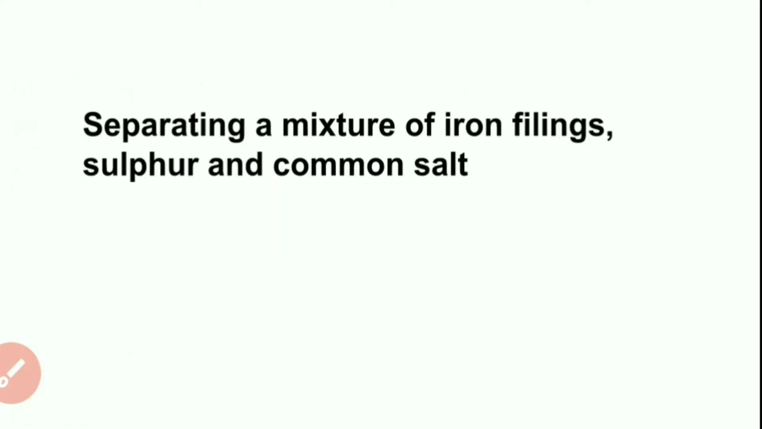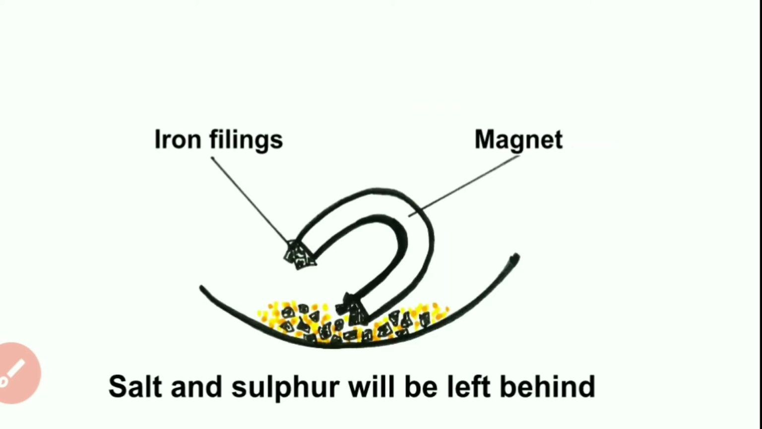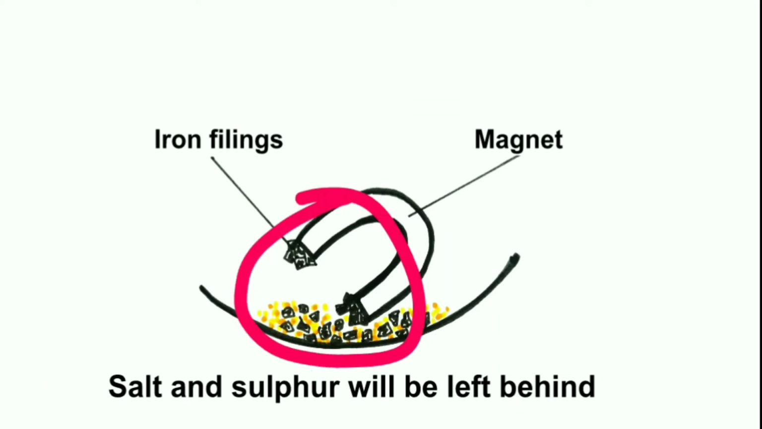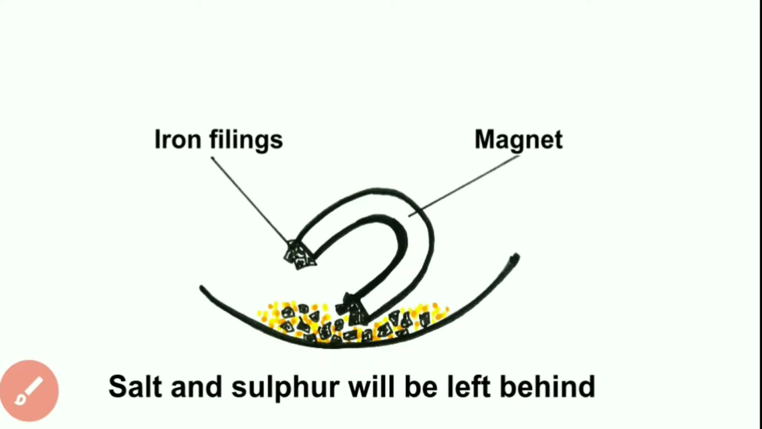Now talking about the separation of a mixture of iron filings, sulfur and common salt. In this type of mixture also we cannot use one method or one separation technique. What we will do is that first we will use a magnet. We already know that iron filings are magnetic in nature while sulfur and salt are not. So iron filings will stick to the magnet and will be separated out, while salt and sulfur will be left